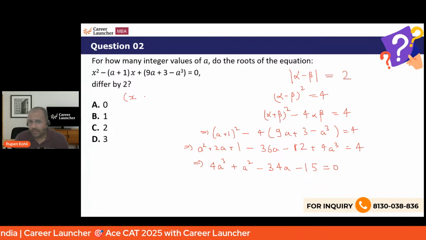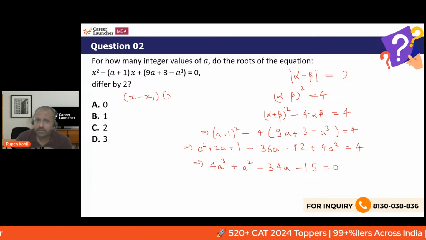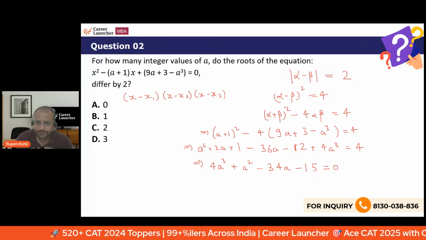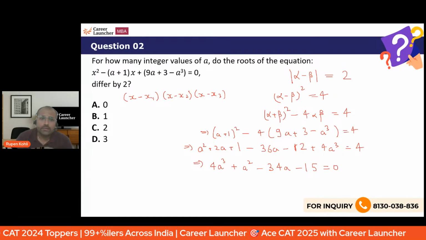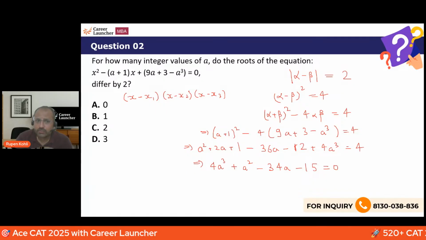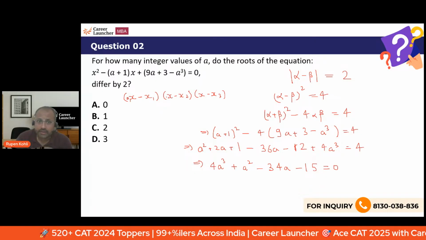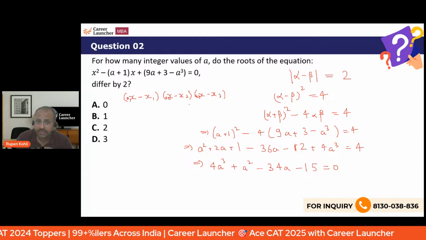We are looking at a cubic and we're looking for the integer roots. Let's say the cubic is like (x - x1)(x - x2)(x - x3). So when you expand, the constant term will be the product of the roots, x1 into x2 into x3, right? In general, there could be a coefficient attached to x also. So it could be some constant here. Let's say a1